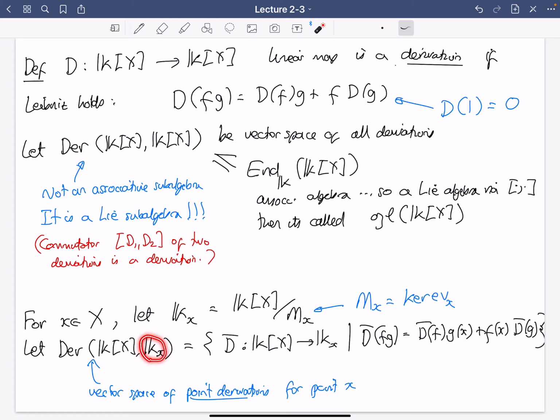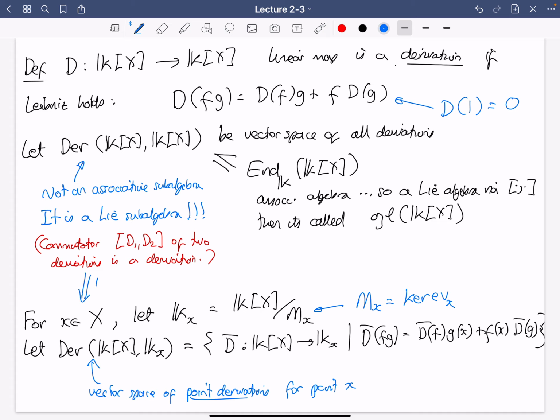So this k_x notation reminds you that the point x is involved. This axiom here for a point derivation is kind of like Leibniz, but you evaluate one of the functions at x in that expression. And so because this is so like the definition of derivation,